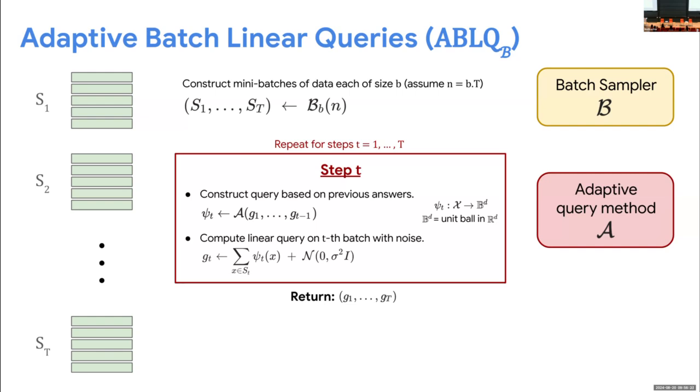So, and why is that? Because when you're faced with a non-convex loss, you can't really control how much information the last iterate has about